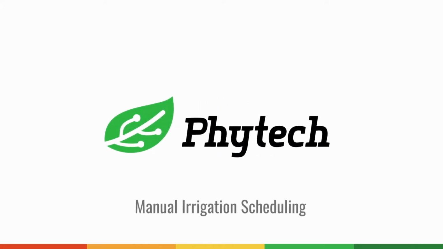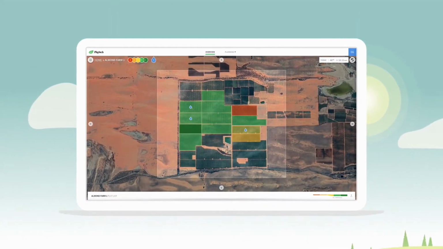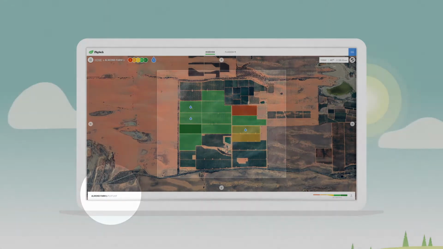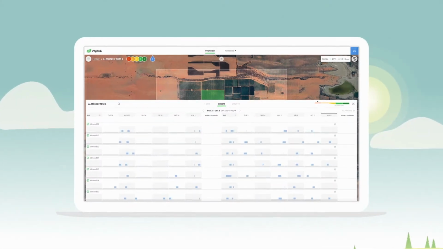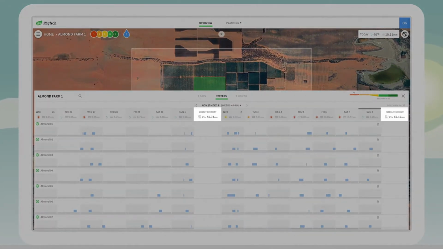In this video, we'll show you how we can use the ratio between past irrigation amounts and evapotranspiration rates to make future irrigation decisions. You'll find all the information you need in the plot list. The evapotranspiration rate is applicable to the whole operation, so we pin the daily values and weekly sum to the